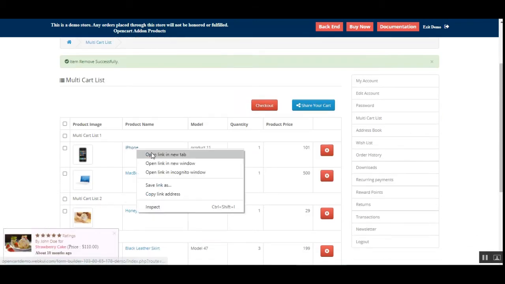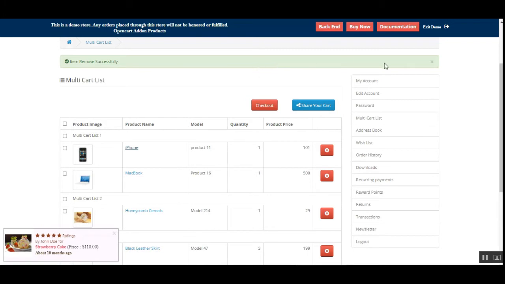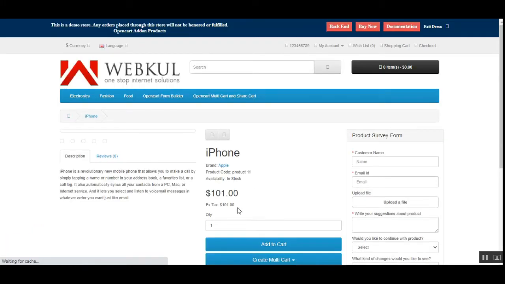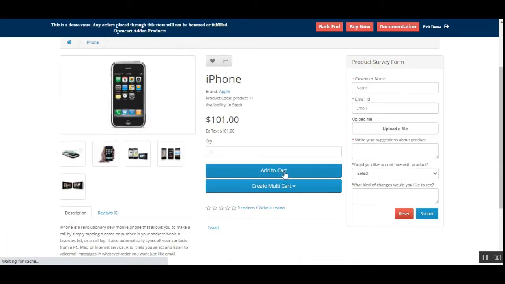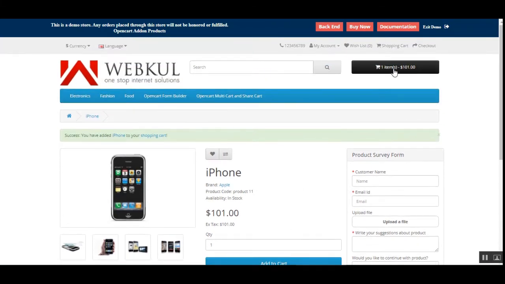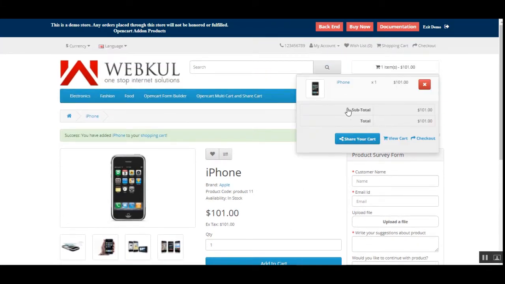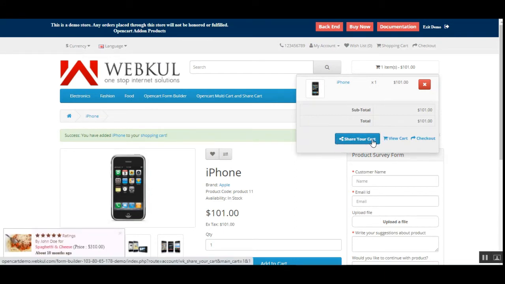So for example, if I open this product, the iPhone, and let me add it to the cart. So here's the Apple iPhone, and let me tap here on the add to cart button. Now here you can see that we have the details, and here we have the share your cart button as well. Now to share this particular product with other customers, I can just tap here on share your cart,